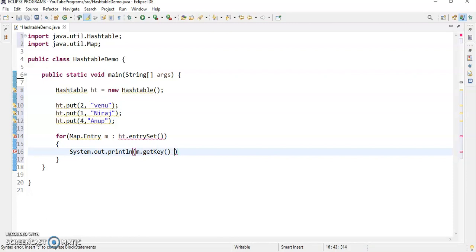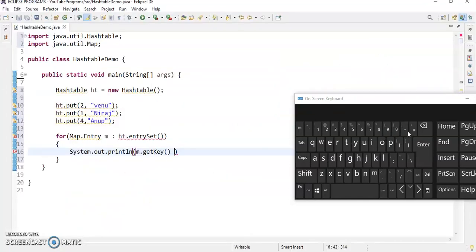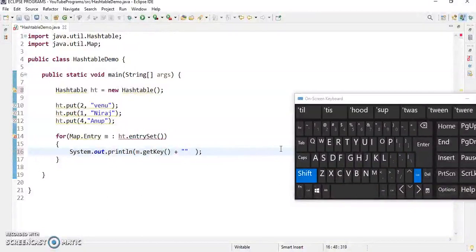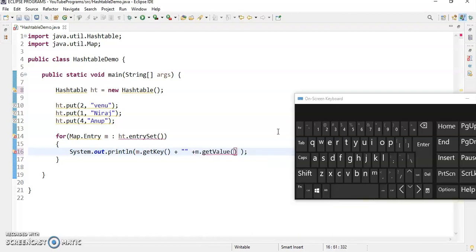So I need the concatenation operator here, it's plus, then a space, again plus concatenation operator, m dot getValue. These are the methods getValue and getKey. These are the methods of Entry.